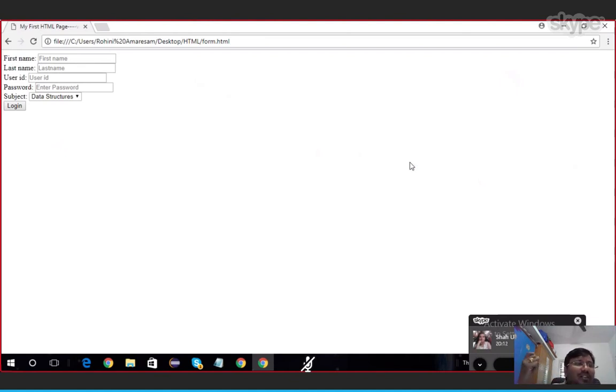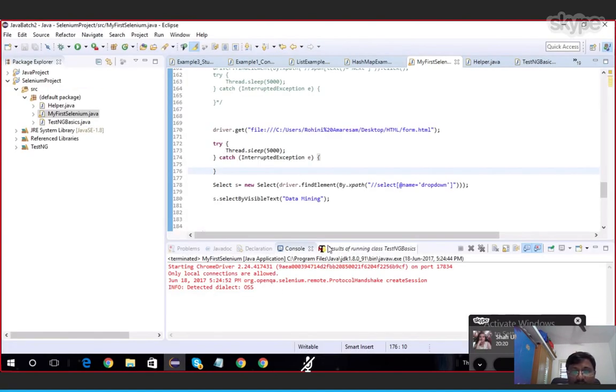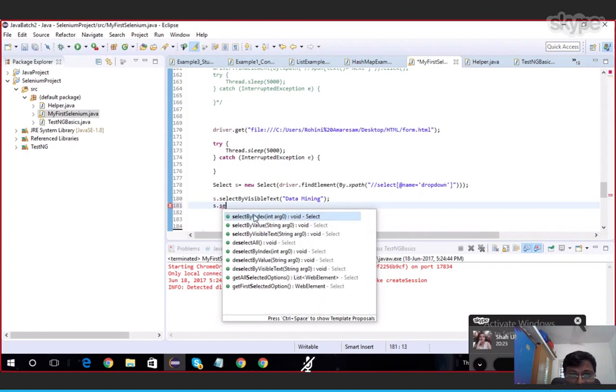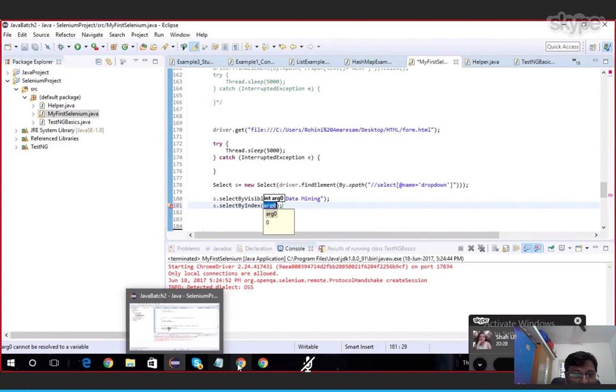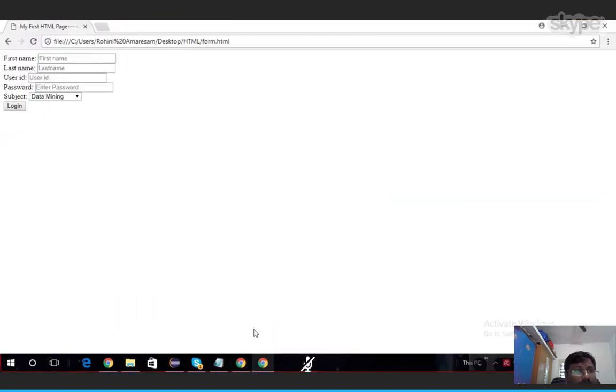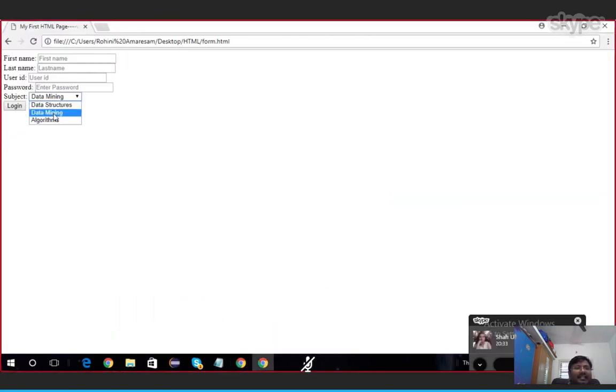I gave a sleep of 5 seconds and then we selected data mining. Got it? Now, another way is s dot select by index. See in this drop down, how many are there? 3 elements. The 0th index is data structures, the first index is data mining, the second index is algorithms.